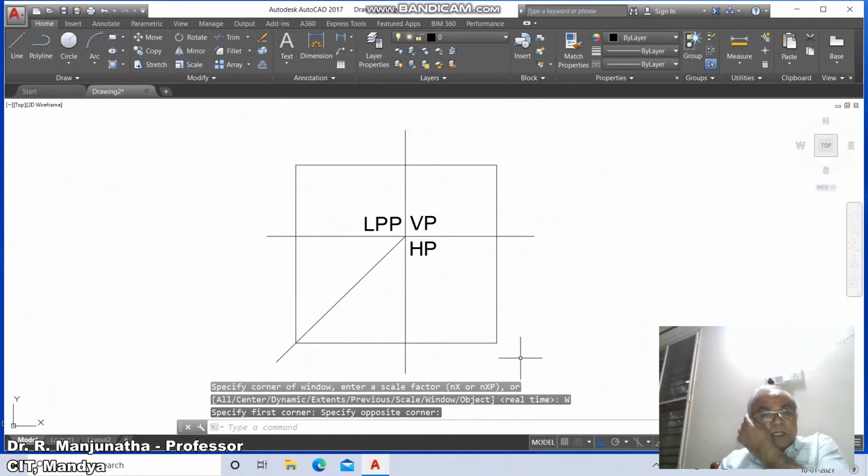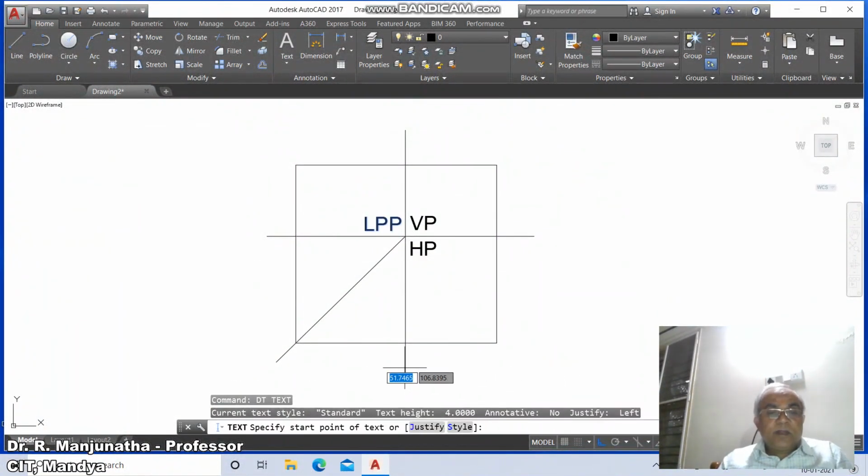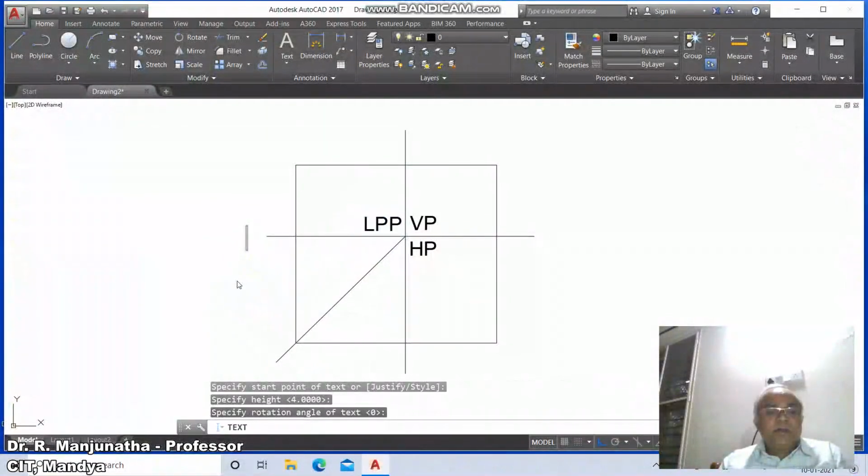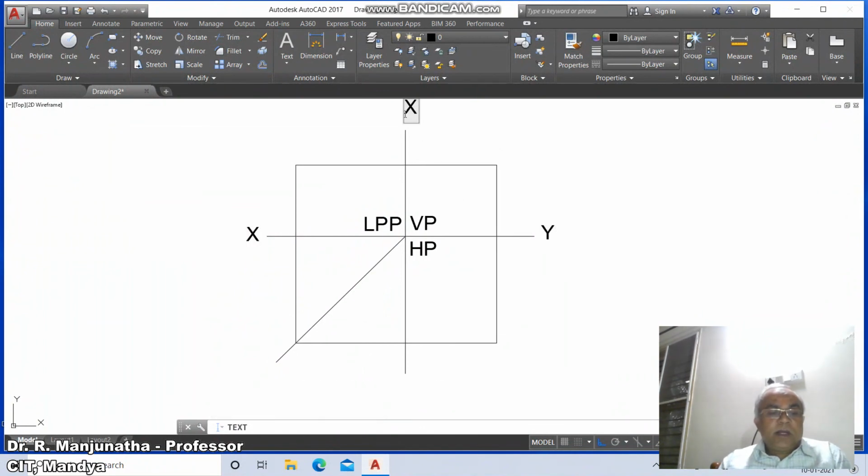Then go to the text. Put the caps lock on and type X, and this is Y, and this is X1, and this is Y1. Then here, since it is a point, we are going to take this point. Now put the caps lock off, and this is A dash, small a dash, and this is small a, and this is a double dash.